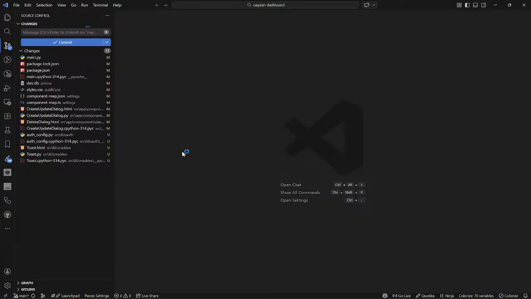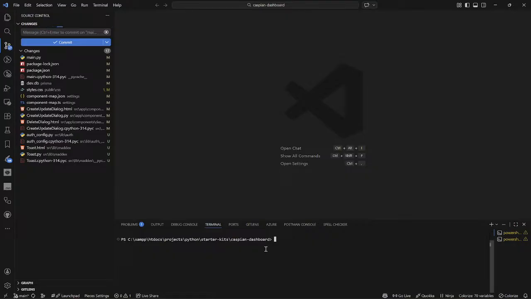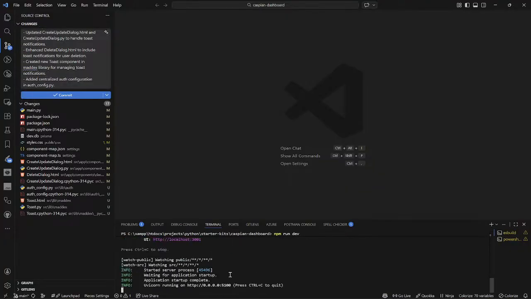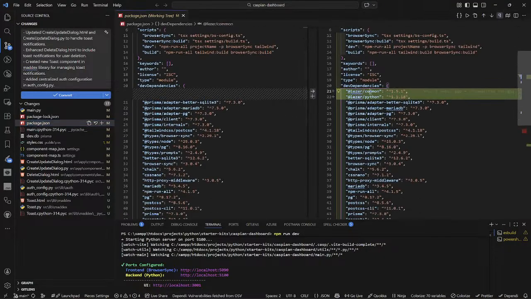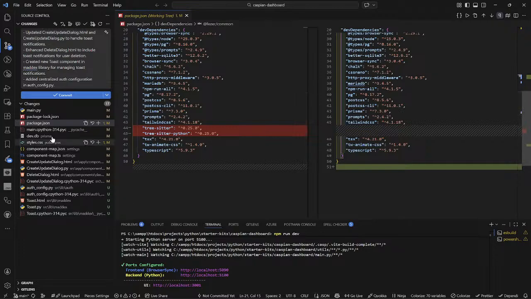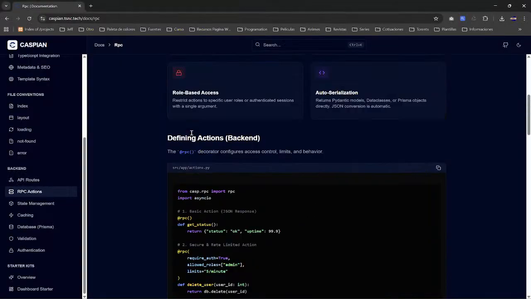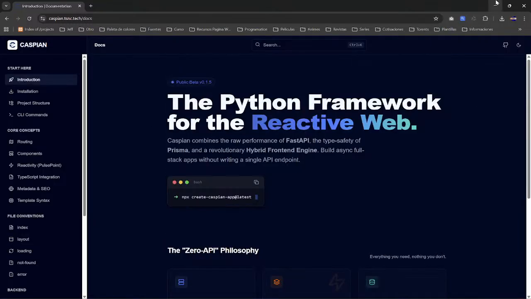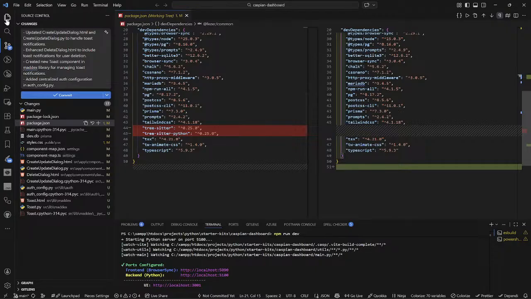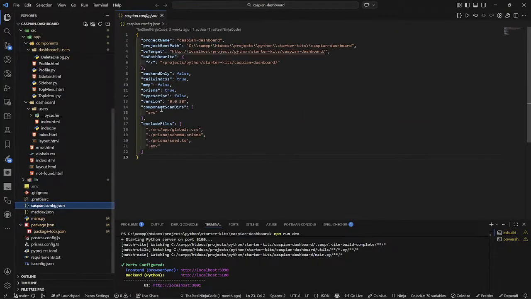Before saving, because I need to update the dashboard too, I'm going to run npm dev in this case, because this already has the updated version, where the package has been replaced by the laser command. But it doesn't have the current version, which is 1.5. As you can see, if I come to Caspian, it has 0.38. Anyway, we're going to open this version,